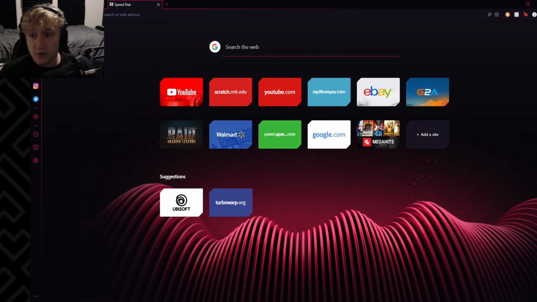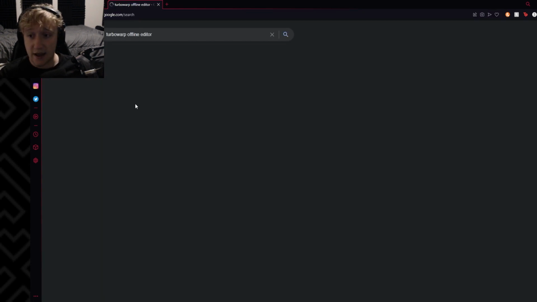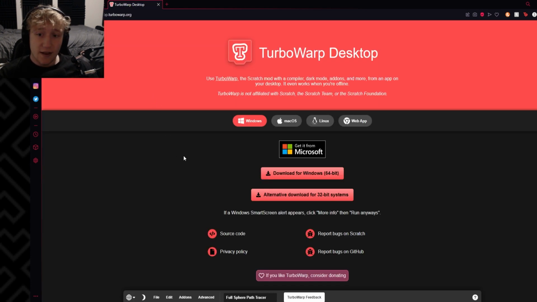To access this, you're going to come to your search bar and type in TurboWarp offline editor. If I could spell, we'd be there faster, but I can't, so we're just gonna deal with it. And then you're gonna click on this link that says TurboWarp Desktop, http://desktop.turbowarp.org. Go ahead, click on that link, and then you're gonna come up to this page right here, and you're